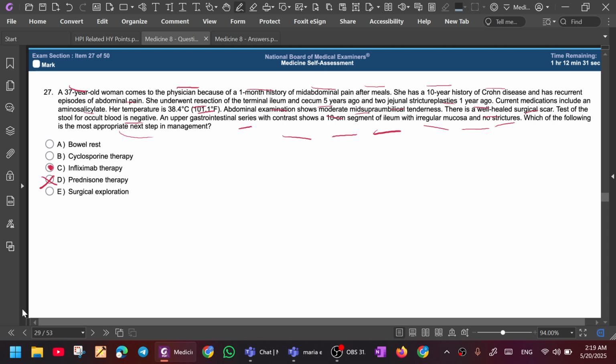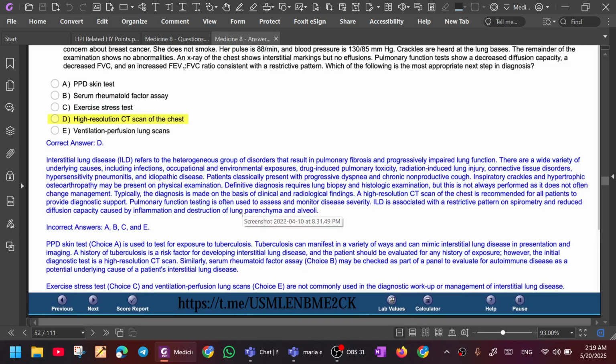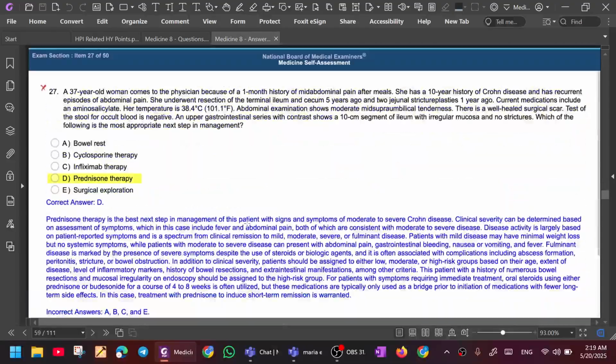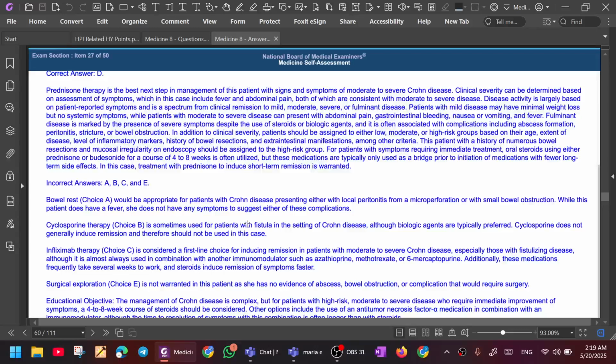It's not A because bowel rest will be appropriate for patients with Crohn's disease presenting either with local peritonitis from a microperforation or with small bowel obstruction. While this patient does have a fever, she does not have any symptoms to suggest any other complication. Can you read option C? Yep. It's not